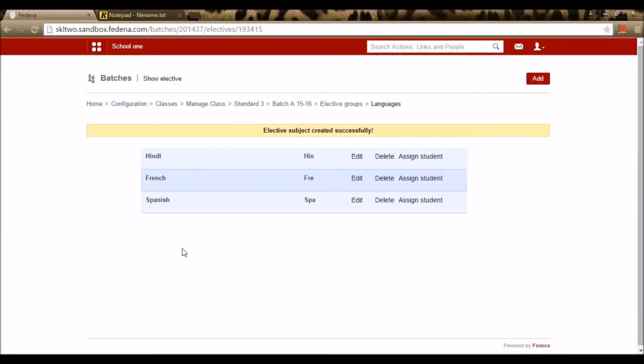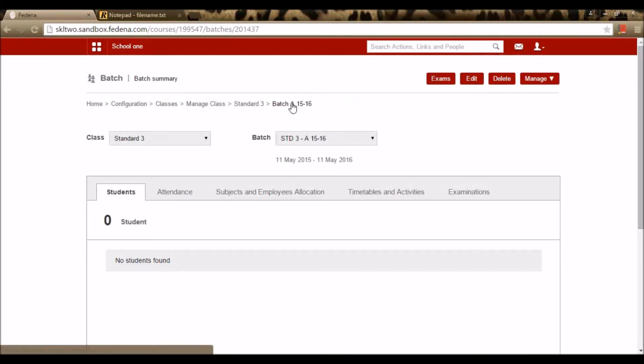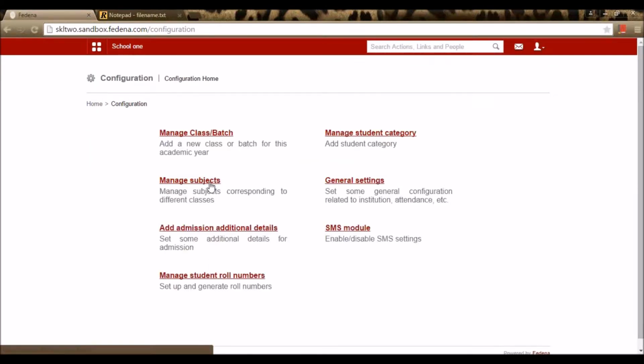Once I'm done with creating the elective subjects, I can assign students right here by going for this option, assign student. Or the students themselves can assign it for them while using their own login ID and password. Right here, we've created subjects for the classes that we created.